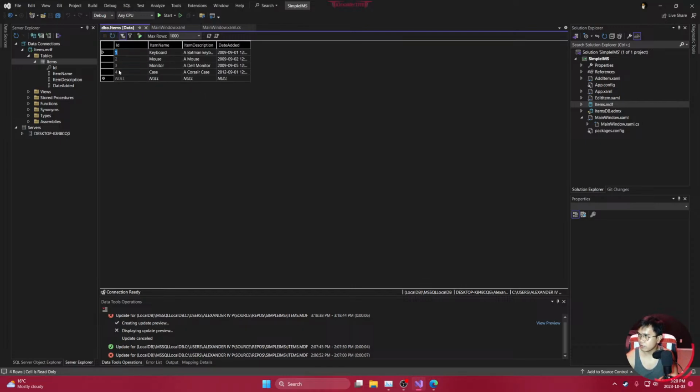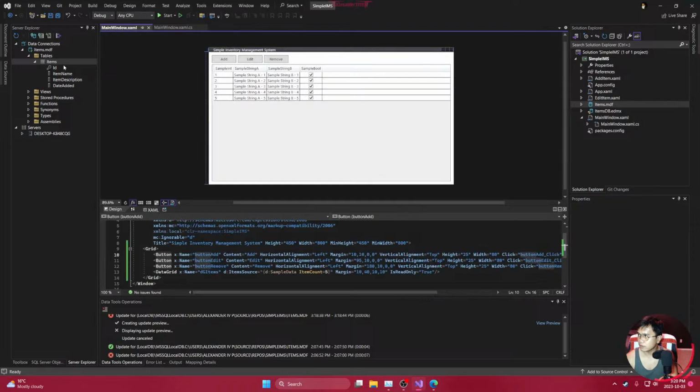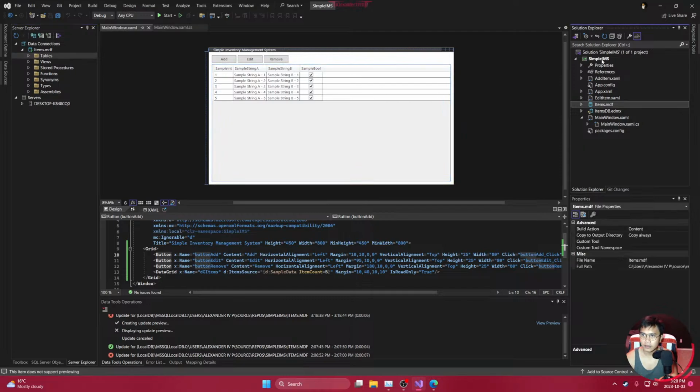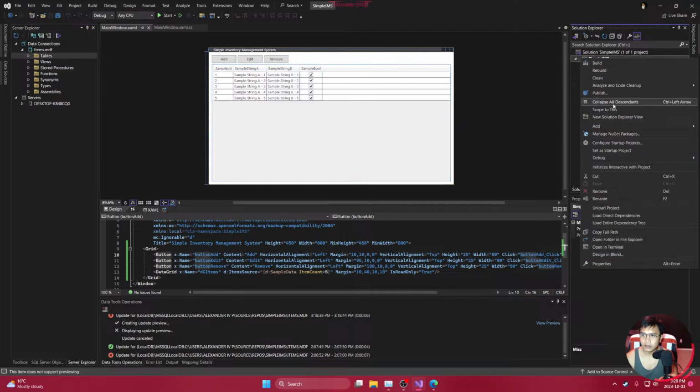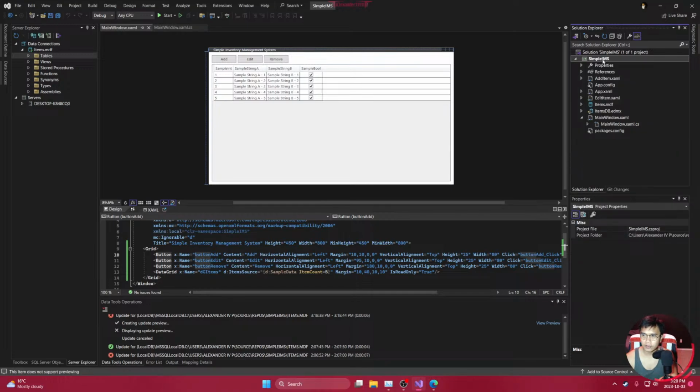Now if I click on refresh, it will assign it to the next ID available, and then you will have the information that you basically wanted inside the database. Okay. So once that is done, you will now need to make sure in the NuGet packages that you have